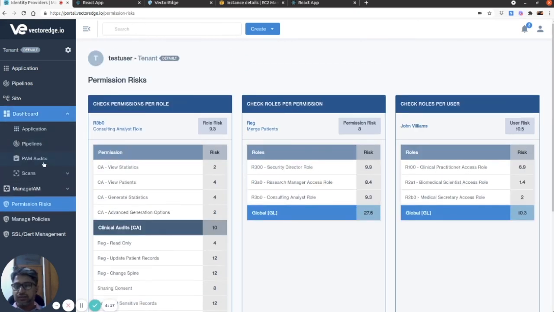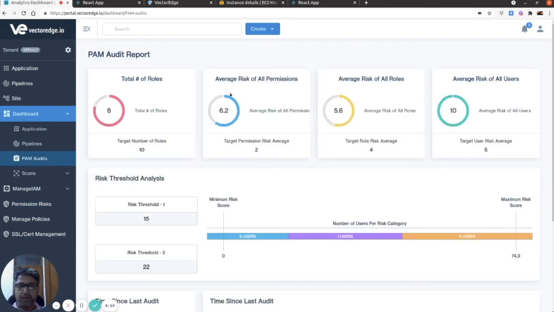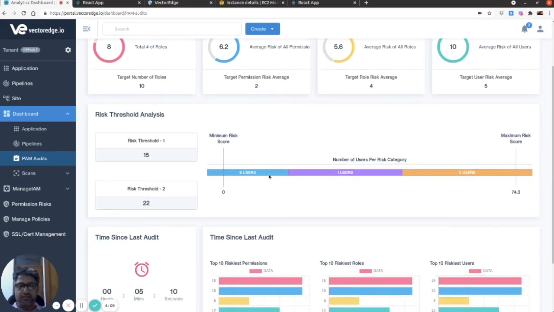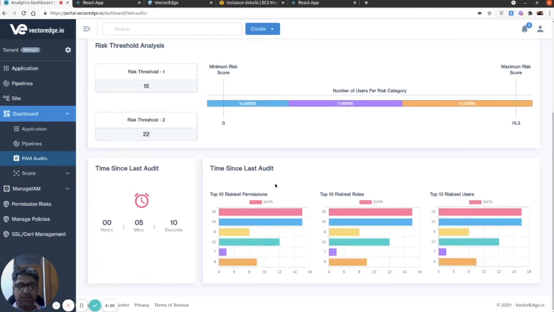Using this, we also provide the PAM audit report. With this PAM audit report, we are able to identify which user has the riskiest permission or which app has the riskiest permission. Using these parameters, we trigger a red flag to the admin or the desired user, and then they can take the necessary action.